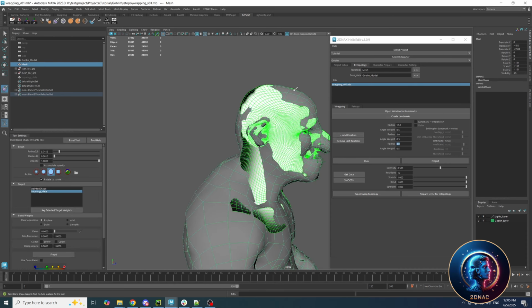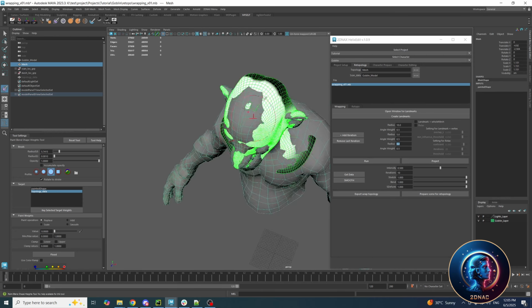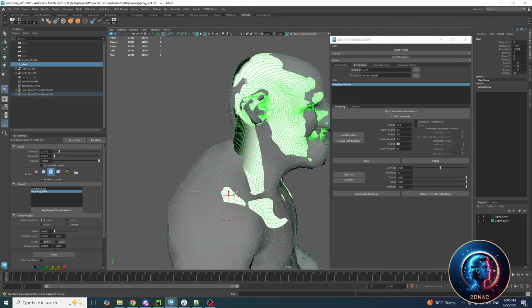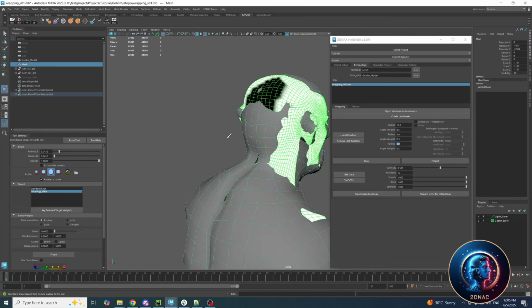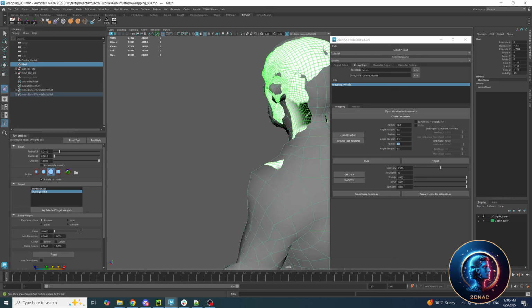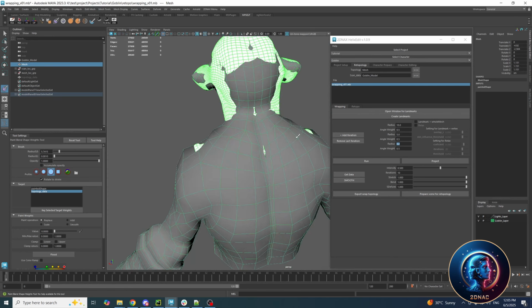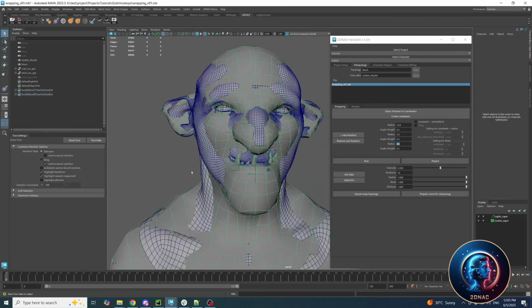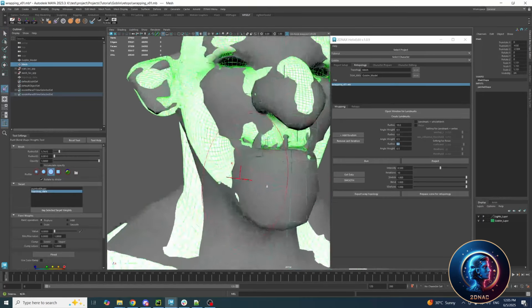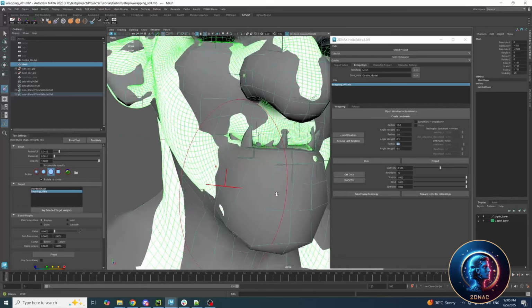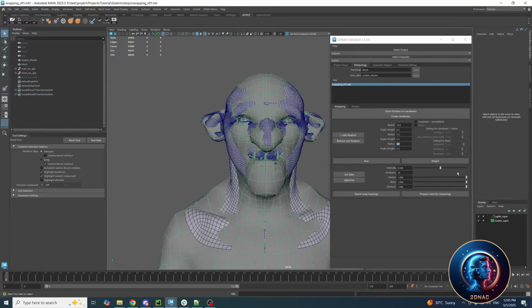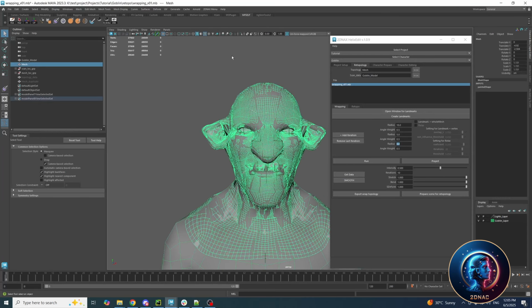I just check this because I have a good clean topology. Sorry, it's not sculpt, it's less dense topology, and that's it. Just check it, ellipse, nose, it's okay, and now we just hit the project button, and now I want to see